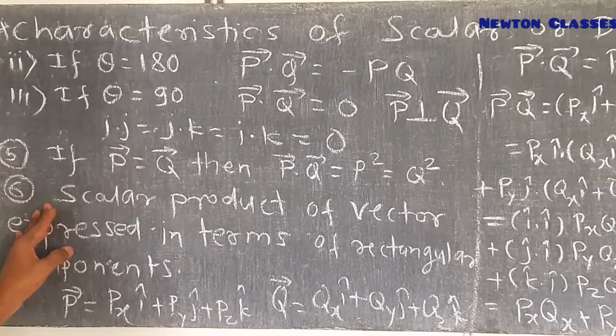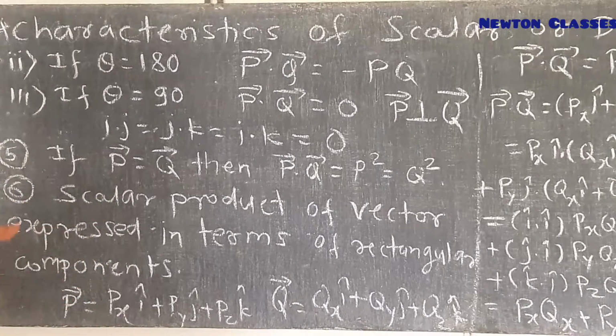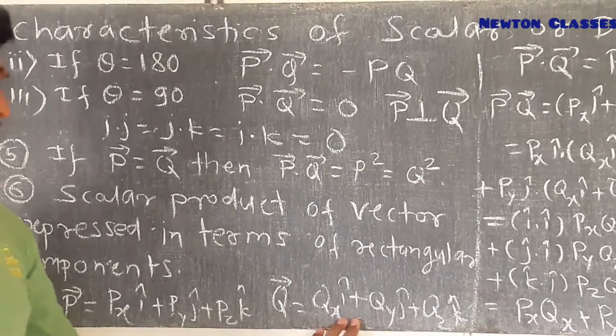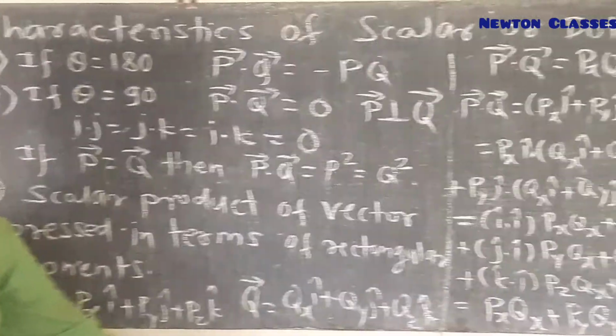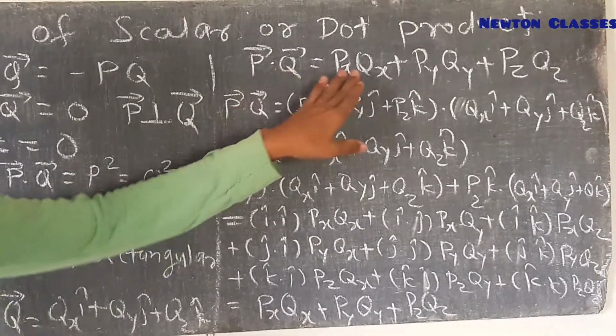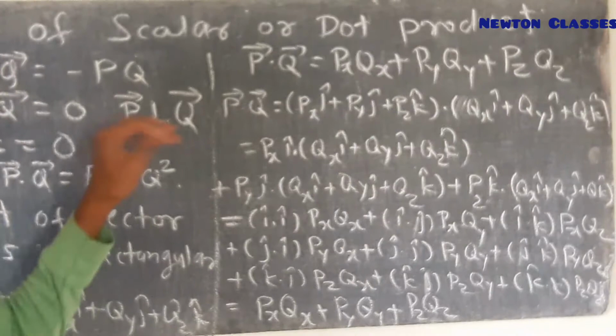The sixth property is the scalar product of vectors expressed in terms of rectangular components. That is, this vector p can be written in terms of the unit vectors along x, y, z. Vector p bar can be written as px i cap plus py j cap plus pz k cap. Similarly, vector q bar is written as qx i cap plus qy j cap plus qz k cap. Then we have to show that their dot product is equal to px qx plus py qy plus pz qz. Let us consider